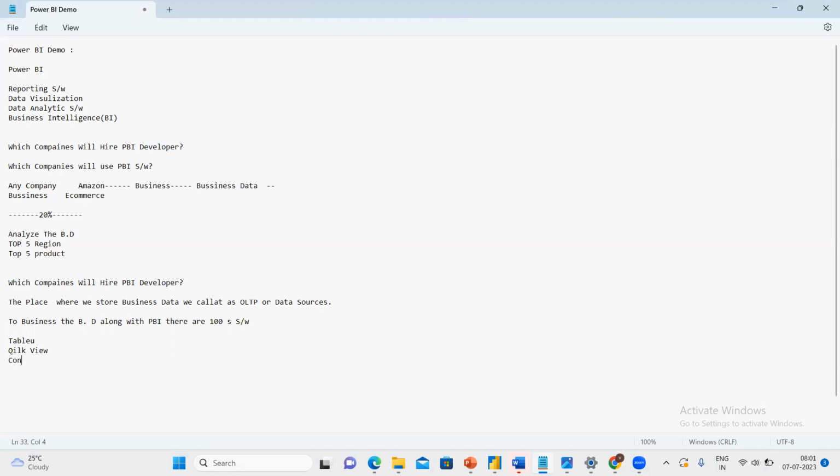And Cognos BA, which is IBM's product, OBI, Oracle product, SAP BO, SAP product, MSBI is there, and a lot of other tools are there in the market, etc.